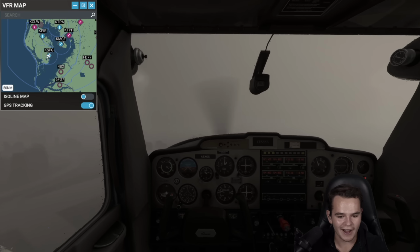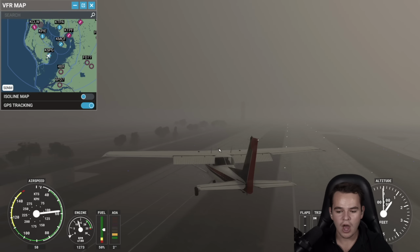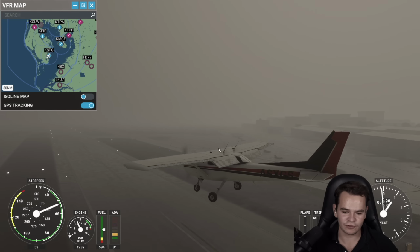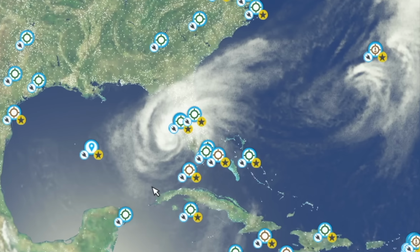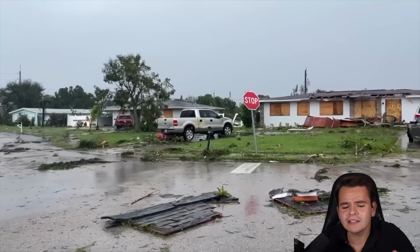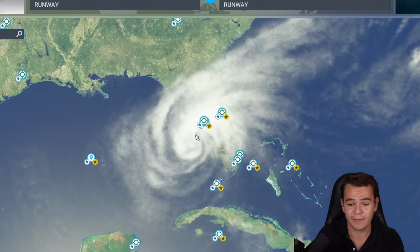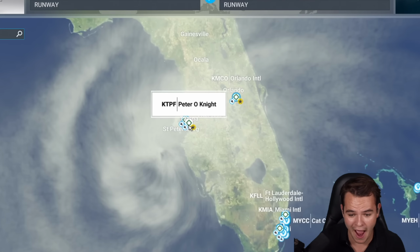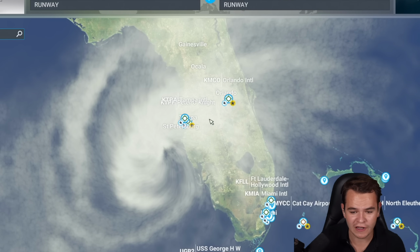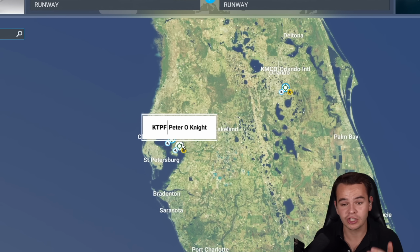That we're able to stand still because of the winds being so strong. In fact, I think we can actually fly backwards. Now everybody, Hurricane Milton was obviously extremely devastating. Take a look at the sheer size of the hurricane right here. We can see it in Microsoft Flight Simulator on the map. We can even see it move slightly as it hits the west coast of Florida here, just Tampa